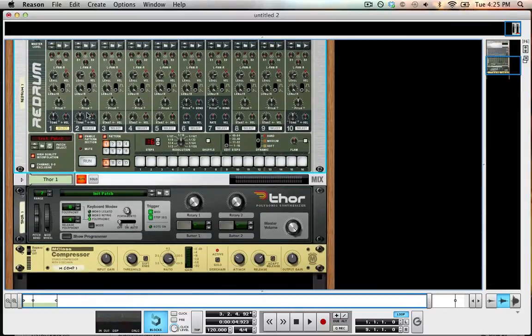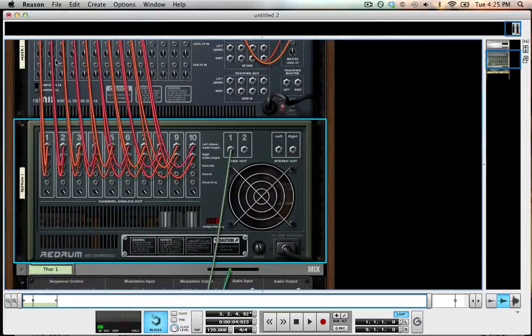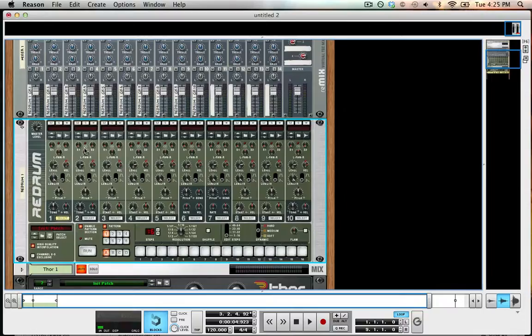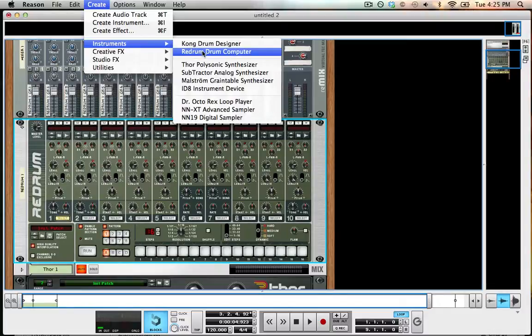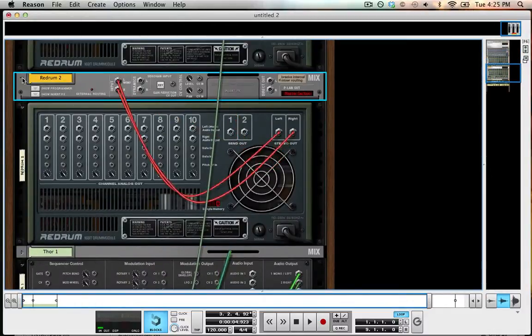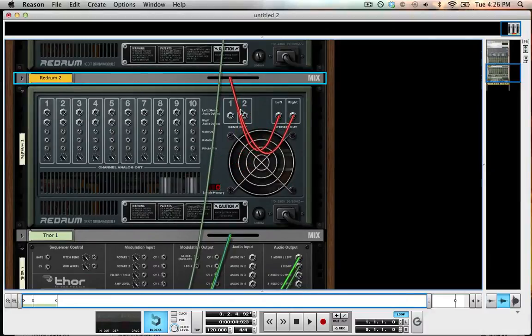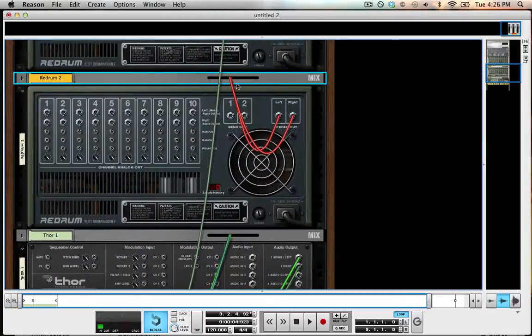So now that we have that, I just want to go ahead and explain really fast what this is all about, because this is not default generally. Default, when you open up a ReDrum, it's going to look something like this. You're just playing into a mix channel. Really simple, just master output. So all these samples will all go through this master output into the mix channel. That's fine,